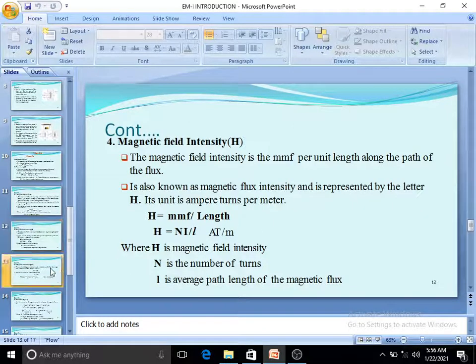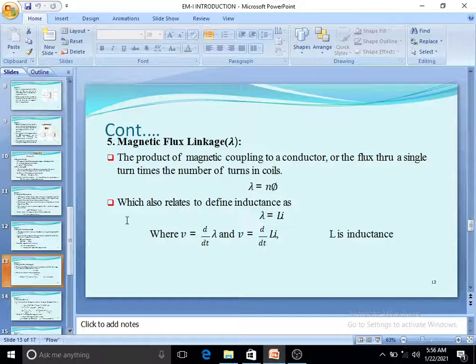Okay. So next slide. Magnetic flux linkages. Till now we have studied about the flux only, which is denoted by phi, right? So what about the magnetic flux linkages? Those flux has to link with the coil now. So coil may be formed with a number of turns. So the flux linkage is nothing but the product of the number of turns and the flux. Clear? N is the number of turns and phi is the flux.